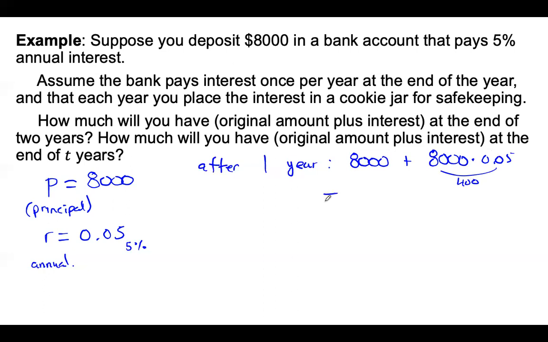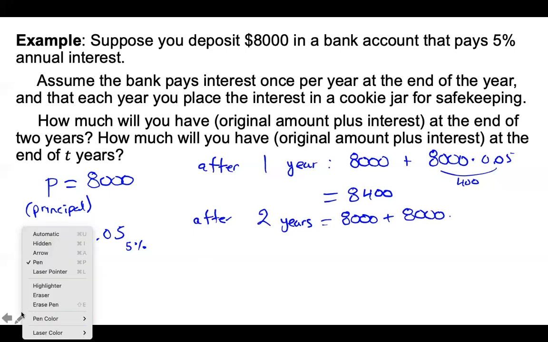You're going to be left with $8,400 after 1 year. Makes sense. After 2 years, we're going to have that original amount, $8,000, plus